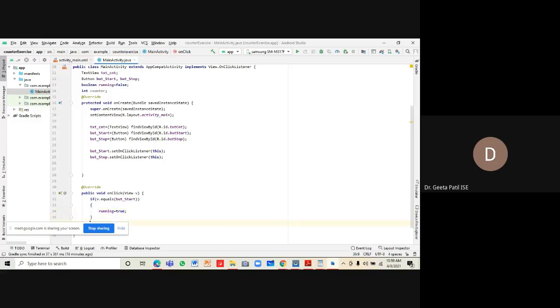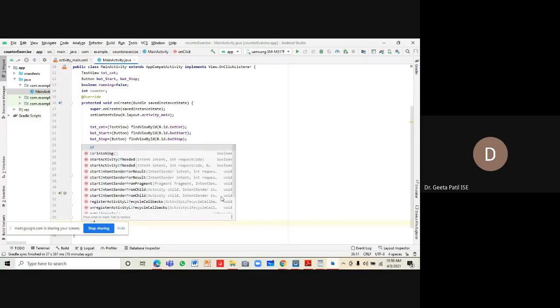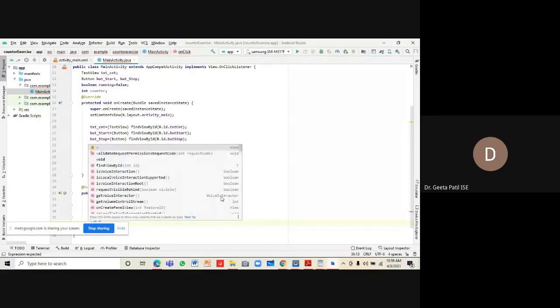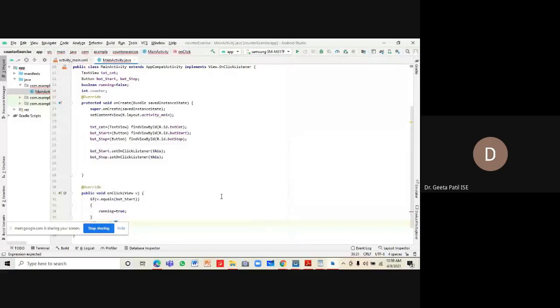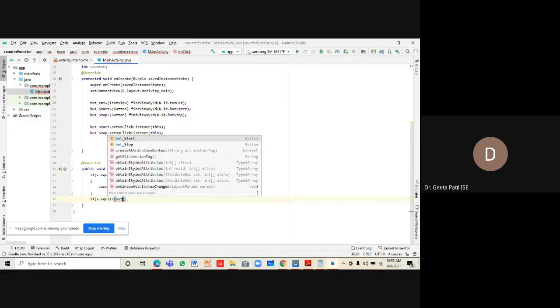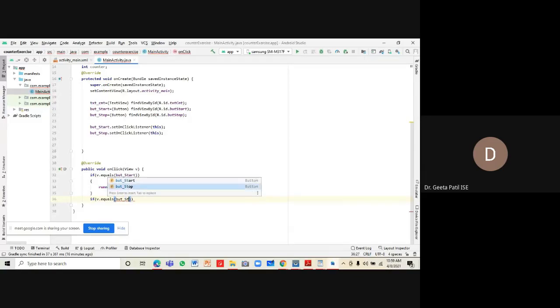And if we check if v dot equals button stop, then we are making running equal to false.